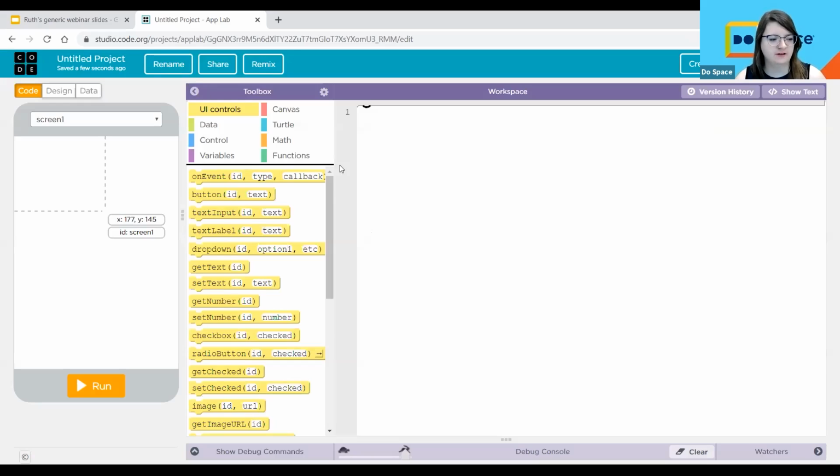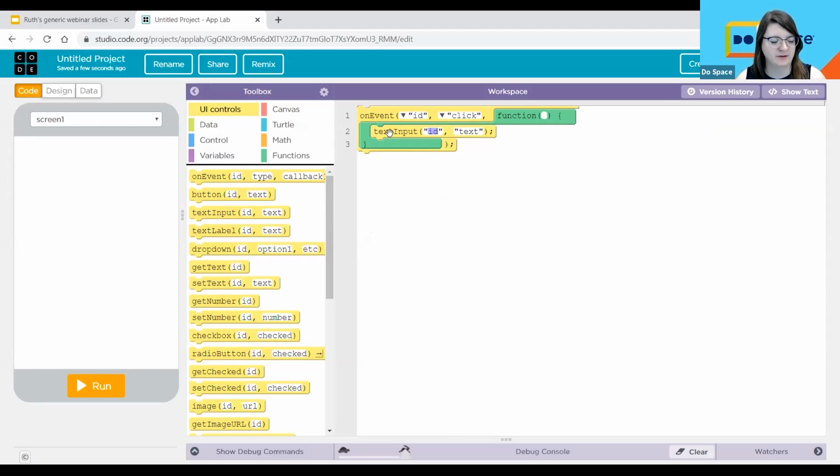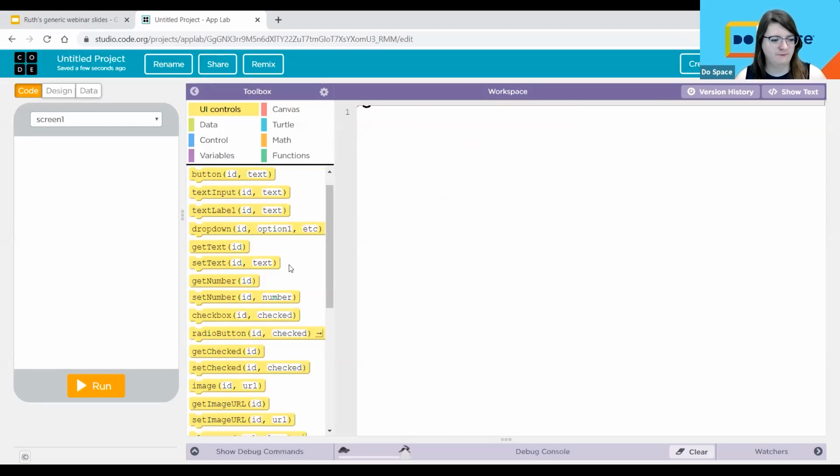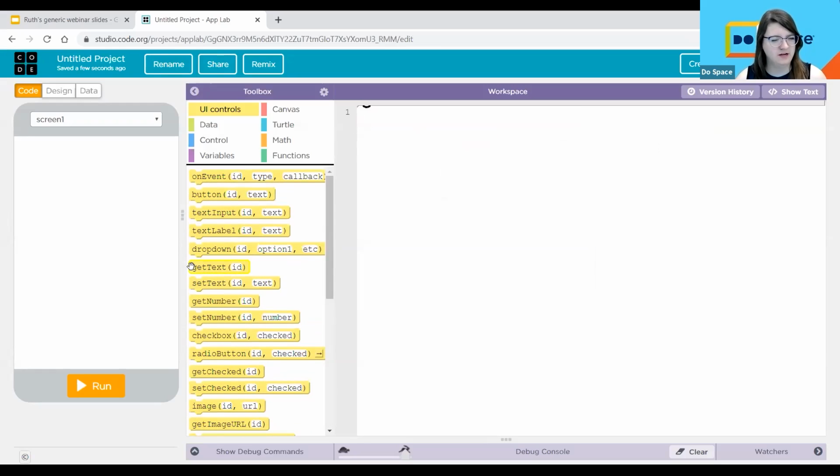So it automatically takes us to code. It is a form of Blockly code, but it's still a little bit different. Blockly code, if you do not know, is visual coding, where instead of typing all this weird syntax stuff, it has everything in blocks that you can just drag in and you can connect two things together like puzzle pieces. So with that, it makes it easier to quickly create stuff, but you can't edit as much in Blockly code. But luckily in App Lab,